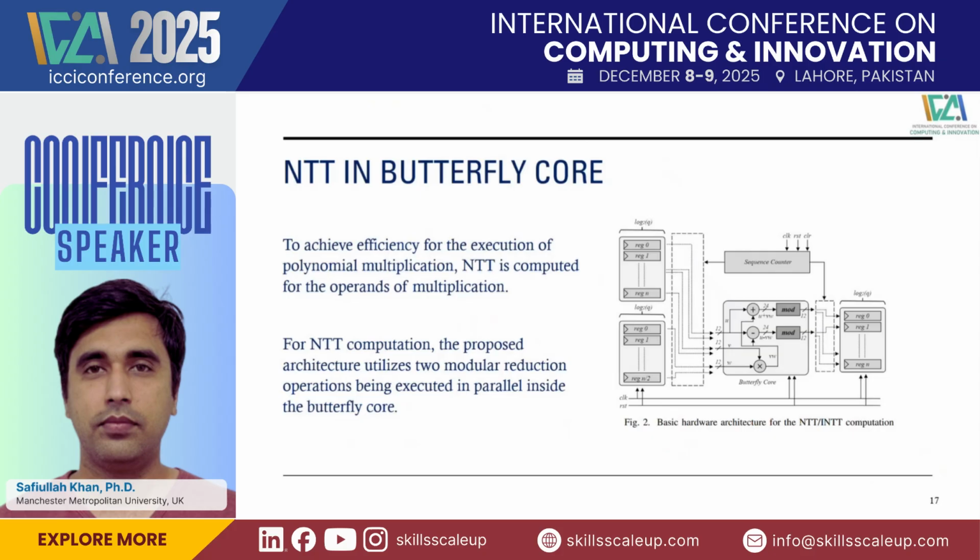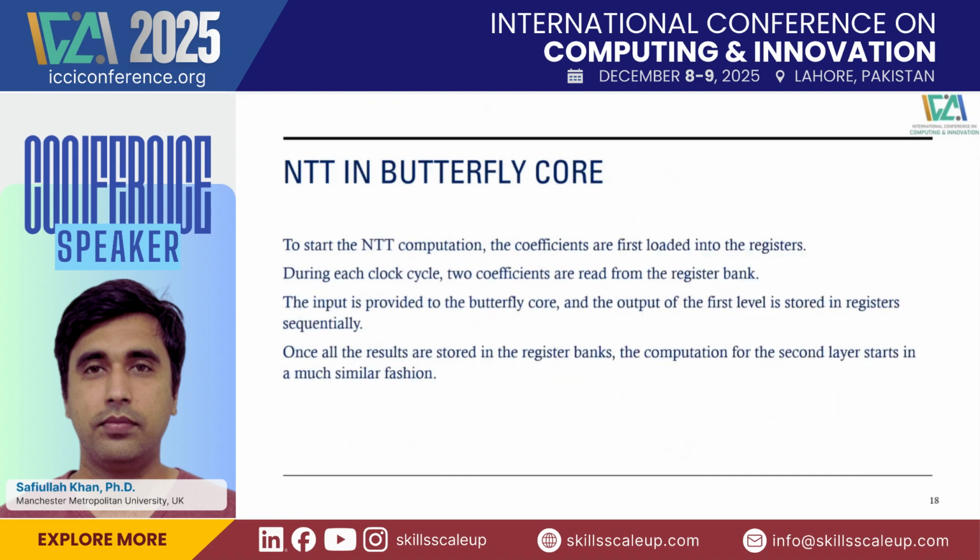Once we have this basic architecture here, which we can see here as a small box as mod, then we design the entire NTT architecture. So the number theoretic transform is basically a multiplication process where we take some coefficients of the polynomial, some twiddle factors, and multiply together and store the results. So there are register banks here at the input and the output side, and then we multiply them, take the mod, and store the results at the output here.